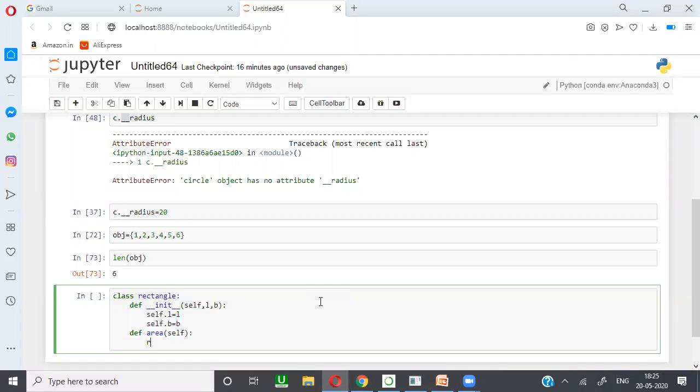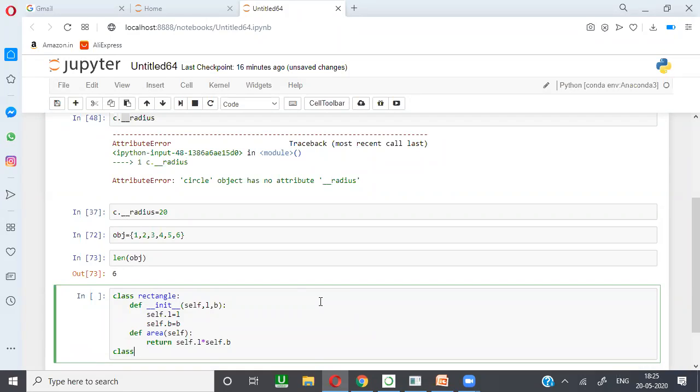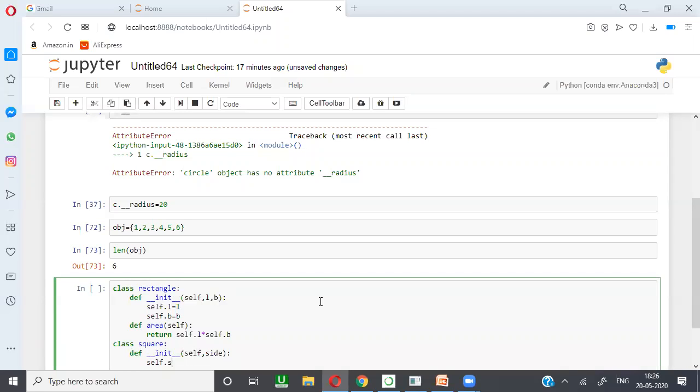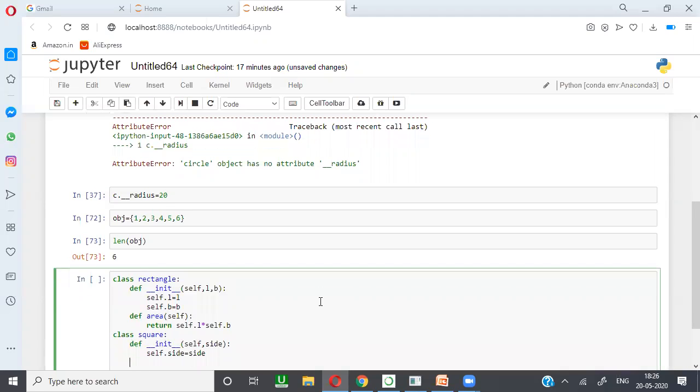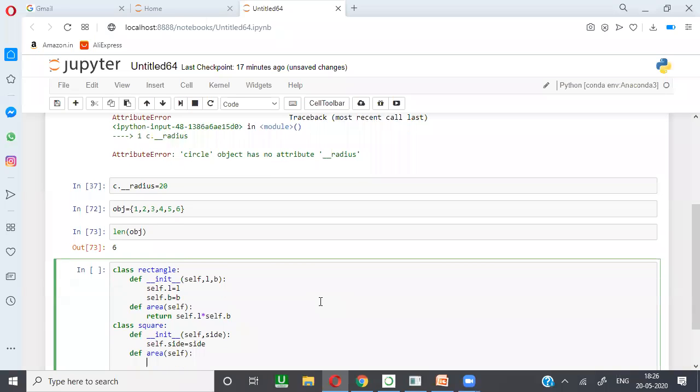So return l into b, self.l into self.b. Similarly, I'm going to define one more class called square. def __init__(self, side): self.side = side. Then def area, the same method I am defining here also. So return self.side squared.